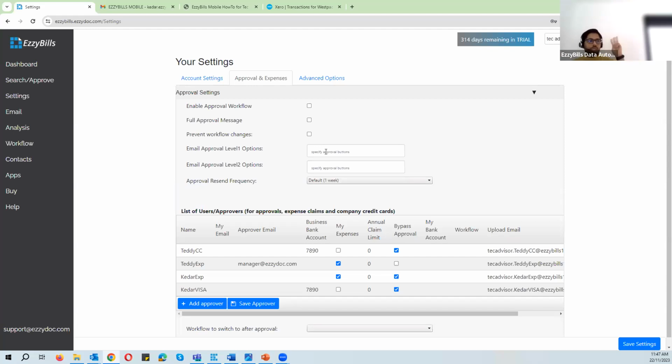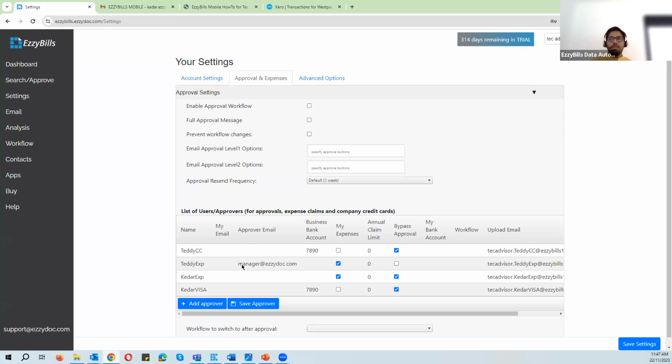To reiterate, three key things are important. First one is the name, which we call alias name in the mobile phone app settings. The second one is, depending on whether you are adding an employee expense claim or a spend money setting, you will select the correct setting. If you're adding employee expense claims, you will tick the my expenses box. If you're adding a spend money setting, you just have to put in the business bank account number. That's it. Third thing is, depending on whether you want anything that person uploads to be sent for approval,